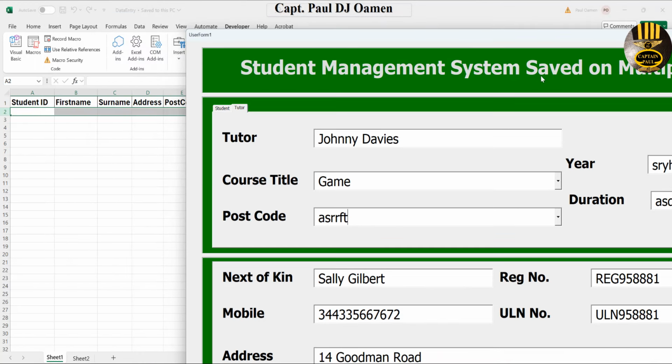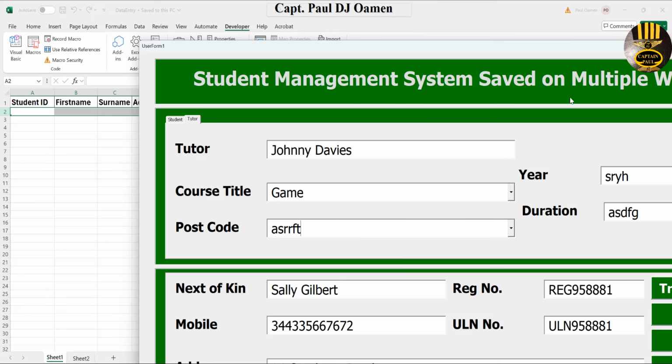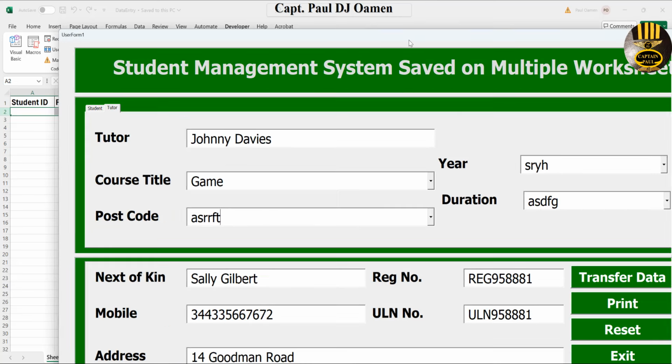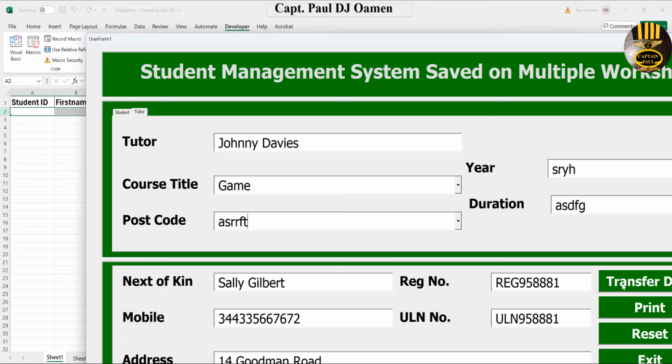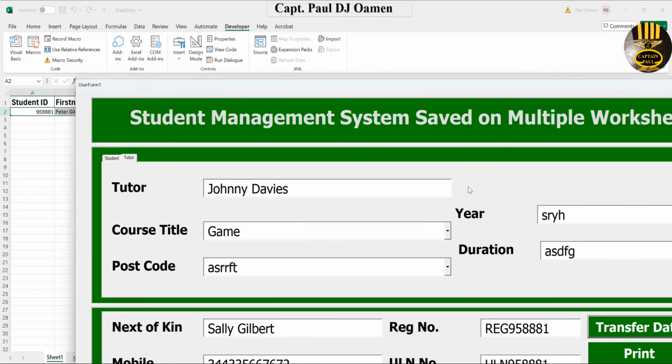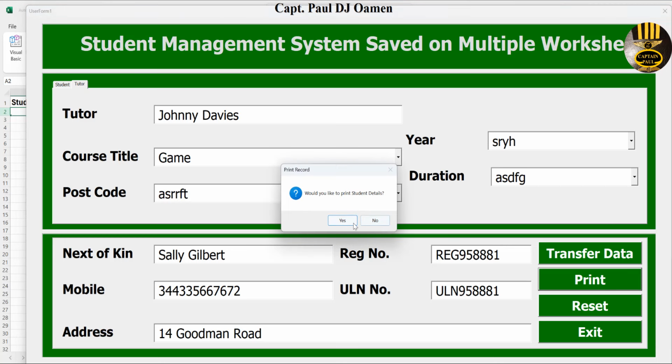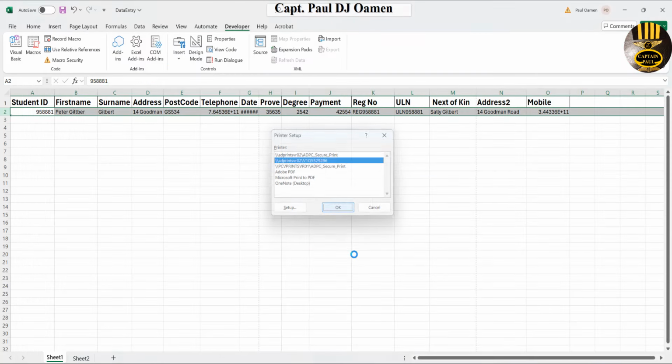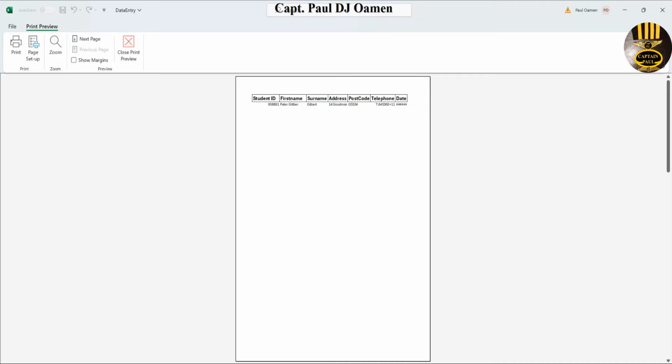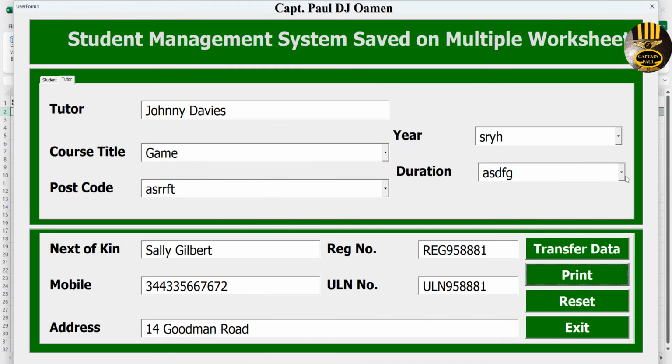Come in here and just click on add. Let's click on this first, then we take care of this. There we go. Look at that. And we can print it out as well. There. Okay. Close that. Now what I want to do is when I click on this, I want it to display